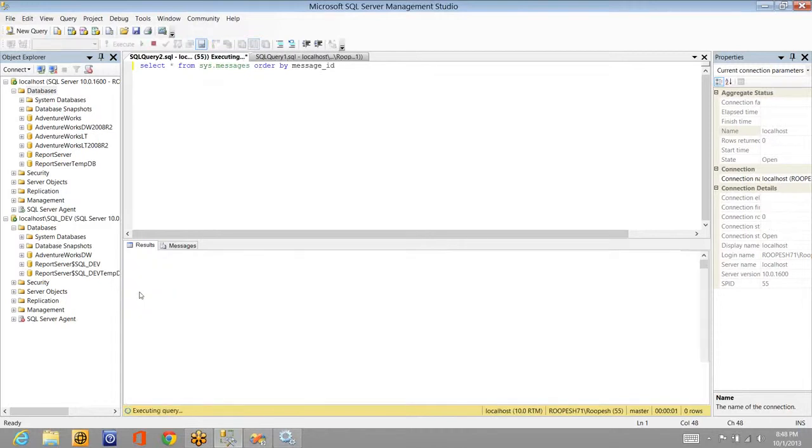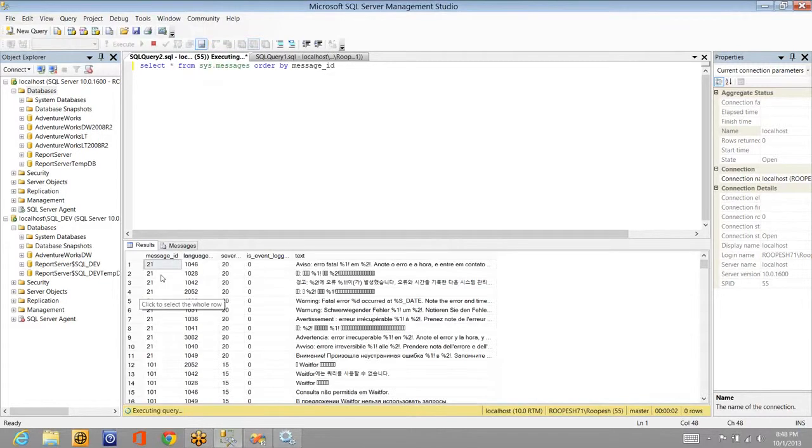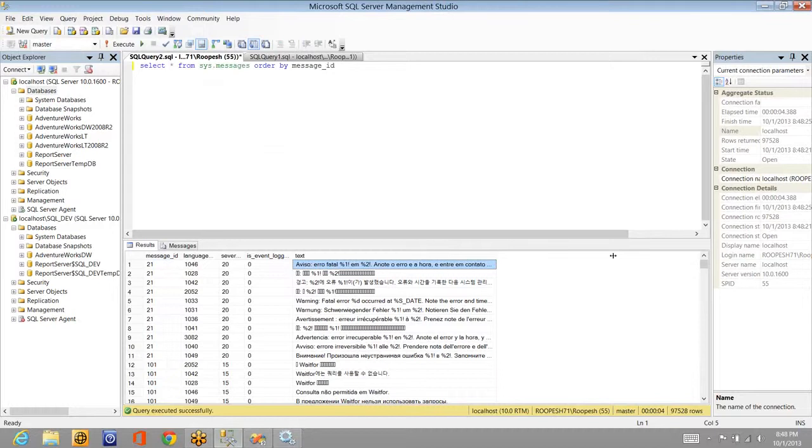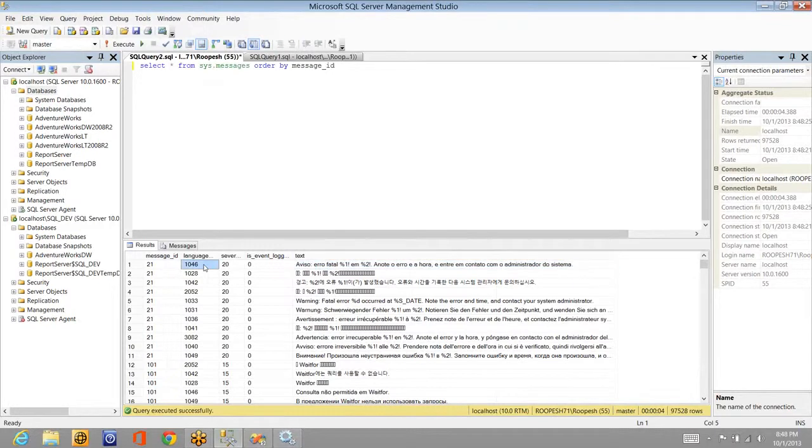If you see, there are a lot of system messages, like 21 means this is one error. So there is a chance of getting a particular error, or some error message is already defined for this particular language. The language ID is 1046, and the same error message will be there for a different language. For 1028 it is this error, and in 1042 language this is.